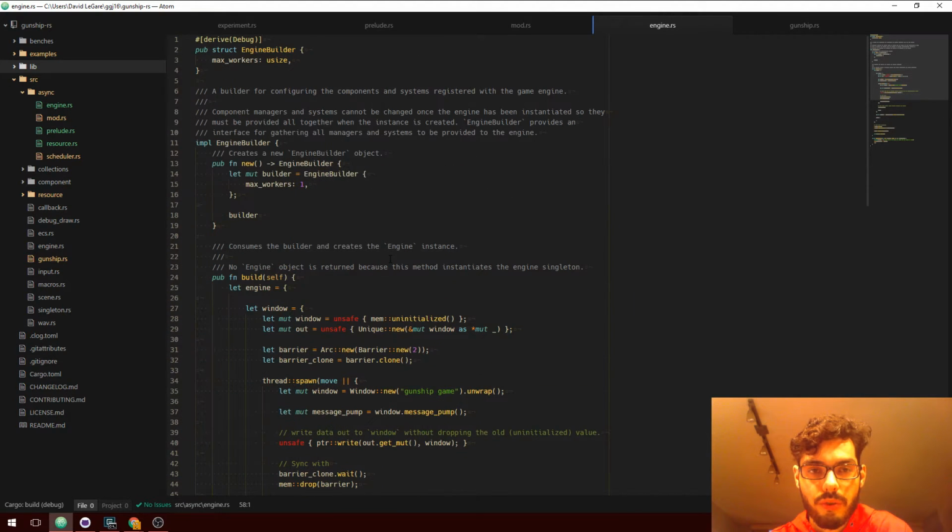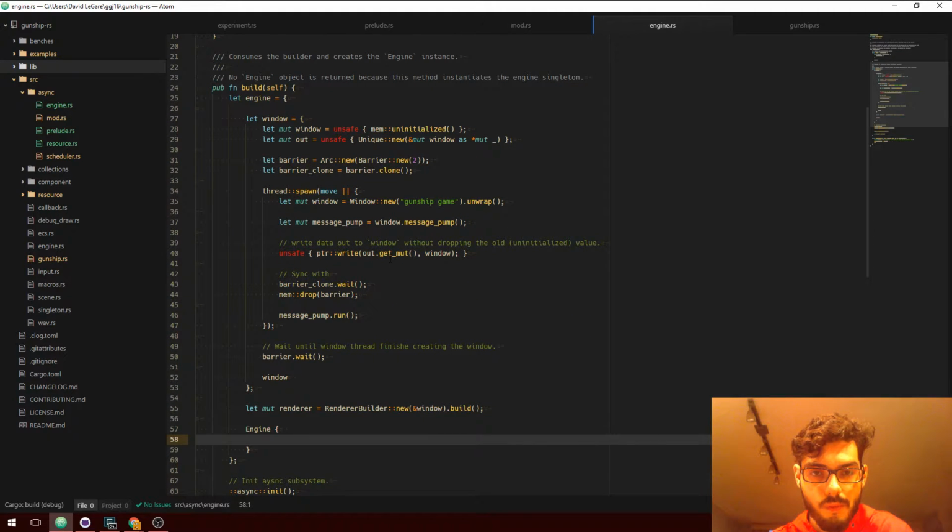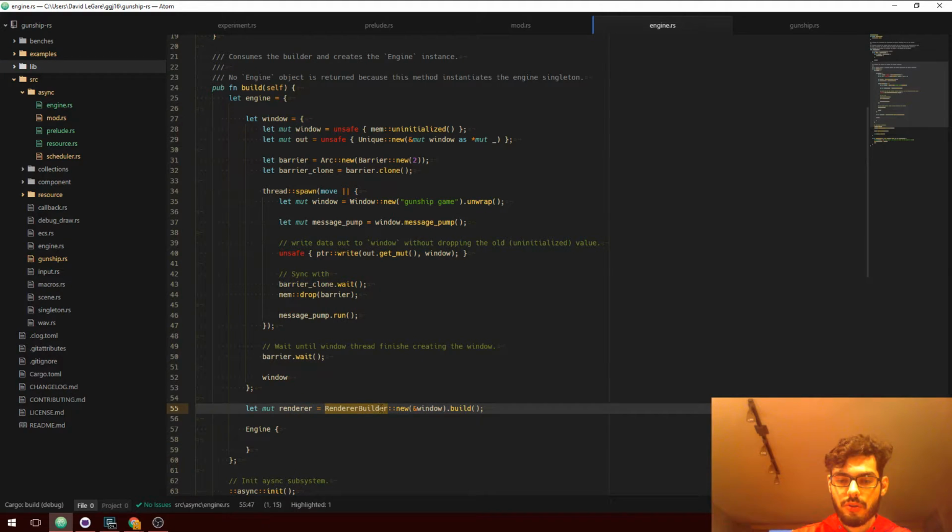Basically, the only thing that's going to go into our engine currently is our window, which I can live with, or my window and my renderer. Renderer::new, RenderBuilder::new, window. There we go. That's another weird thing, the renderer should probably have a lifetime associated with the window to make sure that you don't, say, destroy the window before you are done with the renderer. Don't start trying to render to a window that no longer exists. I think in practice it kind of doesn't matter.